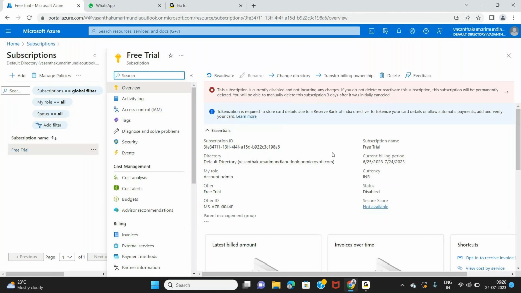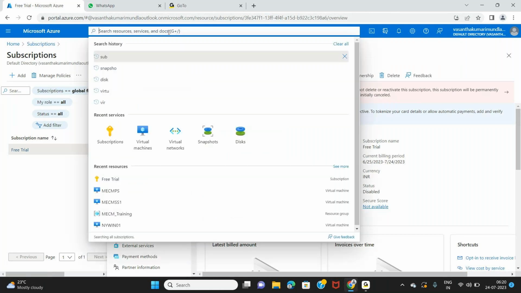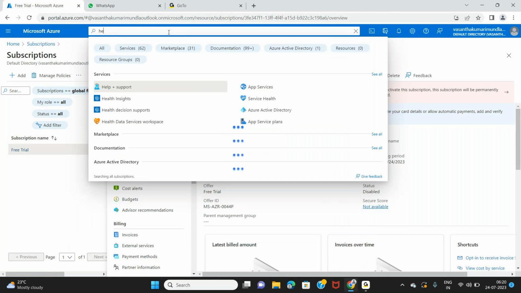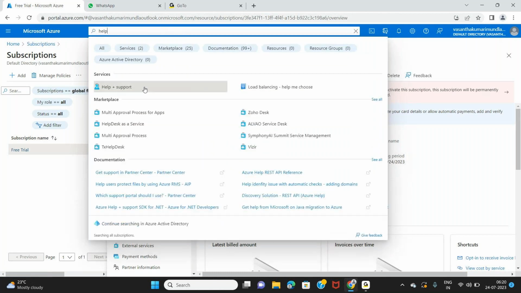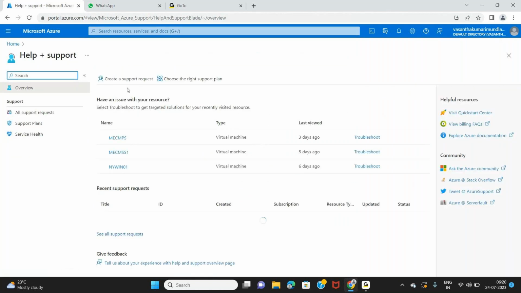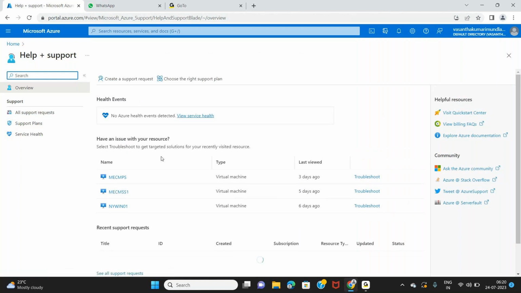So what is the next option? We would like to request Microsoft to give us some more free credit, right? So that we can utilize it for the next 30 days. So I'm gonna search help and support. Basically, I don't know whether they will be able to do it or not. So we should have created a request before the subscription is disabled. Okay. So I'm gonna click on create a support request,